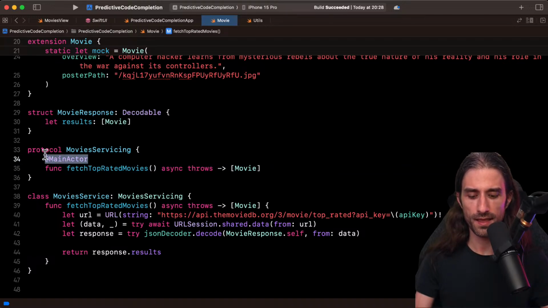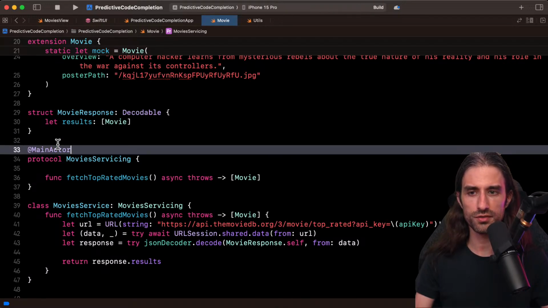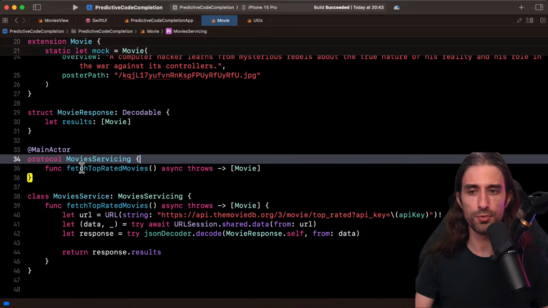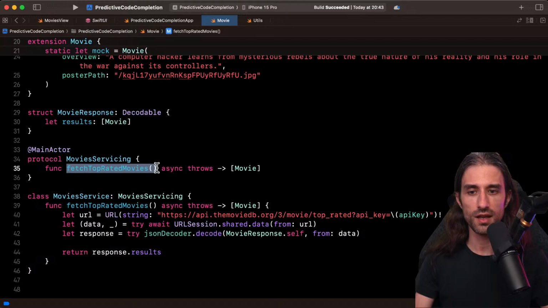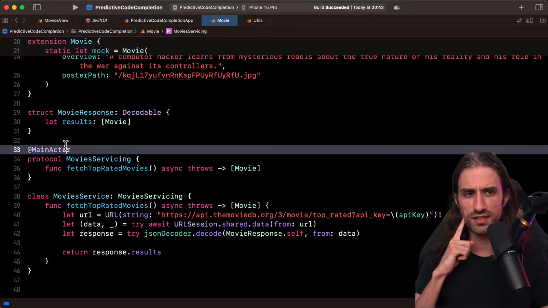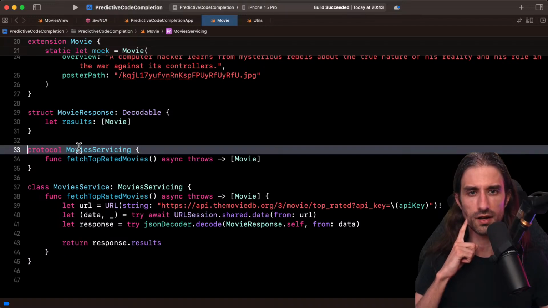Actually, I'm wondering, I'm not super familiar with using @main actor annotations in protocols. I guess it would make more sense to annotate the full protocol with @main actor. But actually no, thinking about it, it suggested @main actor, but there is no reason to use @main actor here because this can be executed on any actor.